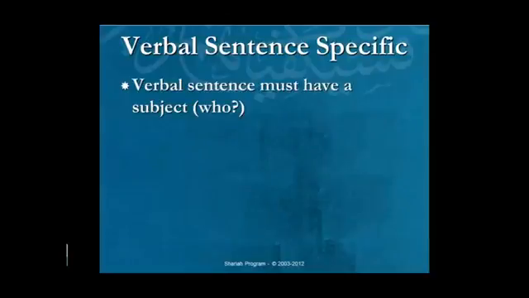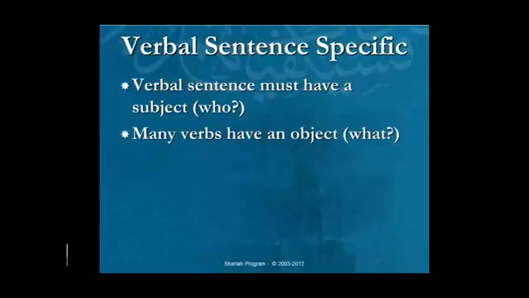In verbal sentences, first of all, we have a who. Every verbal sentence needs to have a subject, and that would be a usage for the ism, right? It would be an ism that occupies that usage. And then many verbs would also have an object. And then there are numerous other details beyond the subject and the object, and that's all based on relevance. It's based on how much detail the speaker chooses to convey. So he might want to answer the question when, or he might want to provide an answer to the question where, or to the question why, or to the question how, or he might want to modify the action aspect of the verb, like quickly and swiftly.